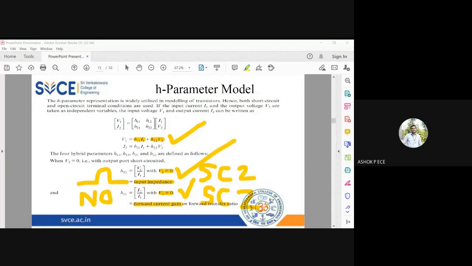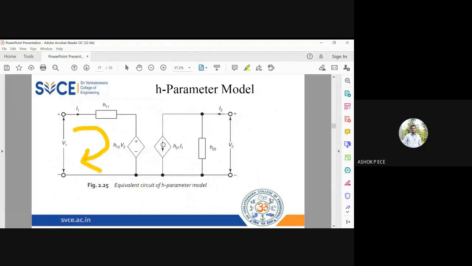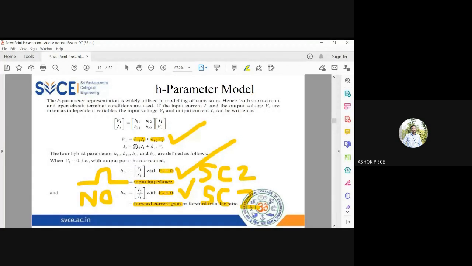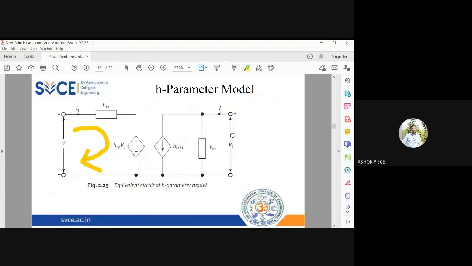Yes, Rajeshwar. Parallel combination, sir. Parallel. What happens to current? Additive, or is it going to be the same? Additive, yes. So you see the output side, I2 equal to. Since you have plus here, you need to draw these two in parallel. And whenever you get the same current multiplied, it is going to be a current source. Whenever you are going to have a voltage multiplied, it is going to be a resistance or conductance. So see here, I2 is equal to H22 into V2 plus H21 into I1.